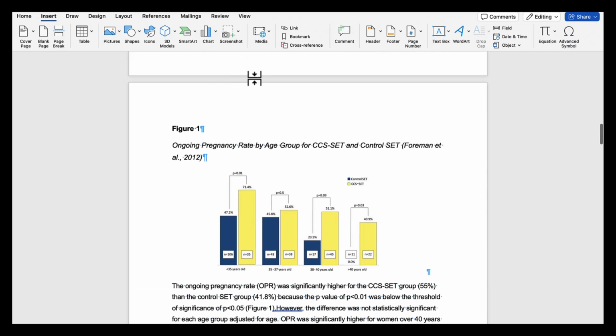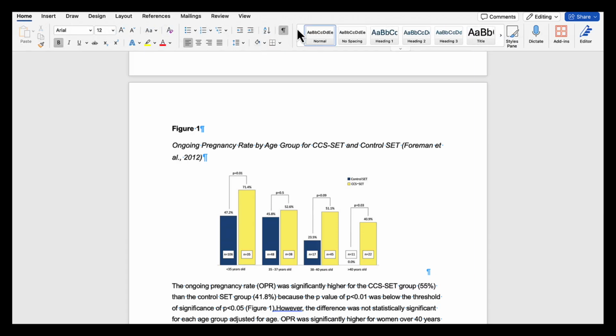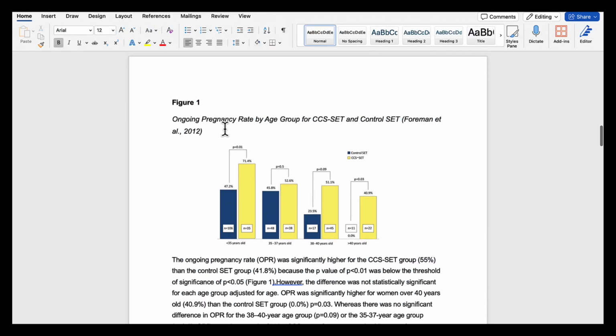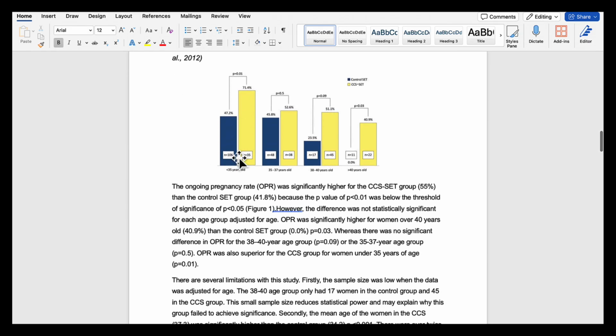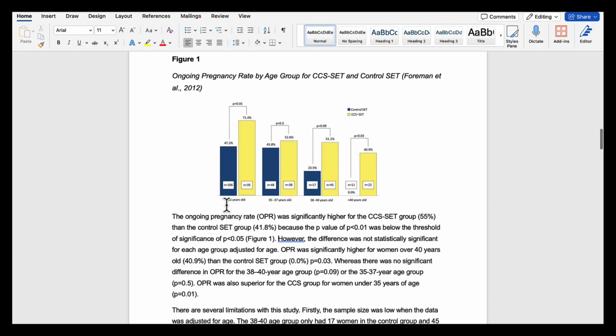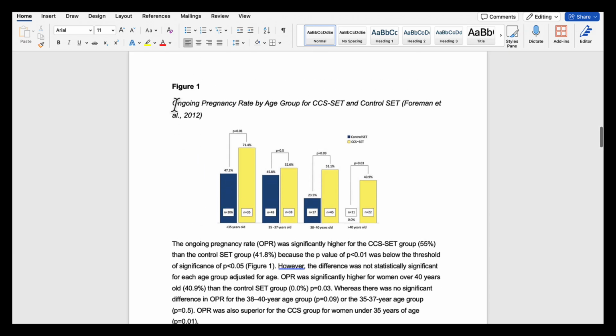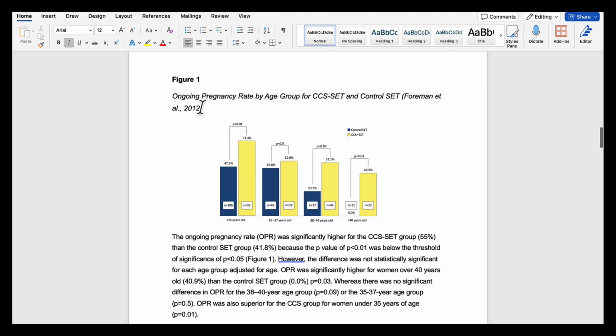All right, and so then we're down here and our figure, so basically we're introducing it, and then we're going to show the data, and then we're going to thoroughly explain that data, describe the trends and relationships. Okay, so in figure, and it's figure 1 because it's the first figure, in bold, underneath it in italics. This is the APA format, and every word is capitalized, and then I've just got the reference after it.